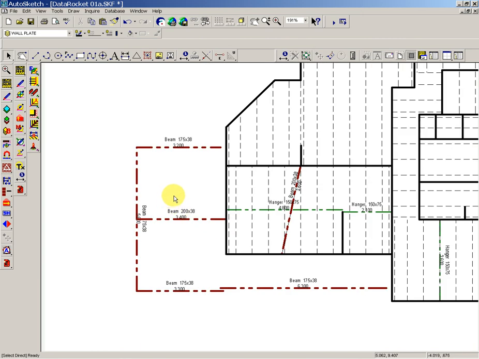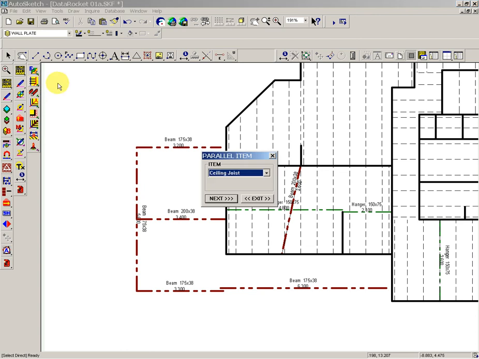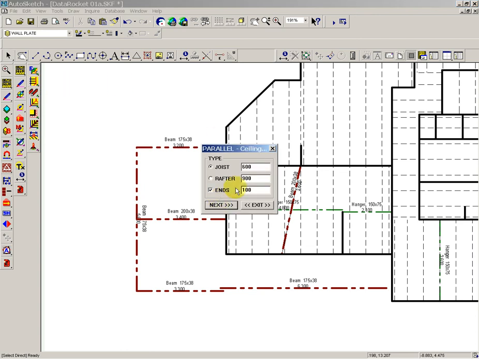With the garage or carport, I'll just go back into ceiling joists again, and the joist centers are set at 600. If this was to change, I can change this. When we put the values in at the beginning, they're just default values, but you can change them as much as you like. So 450,